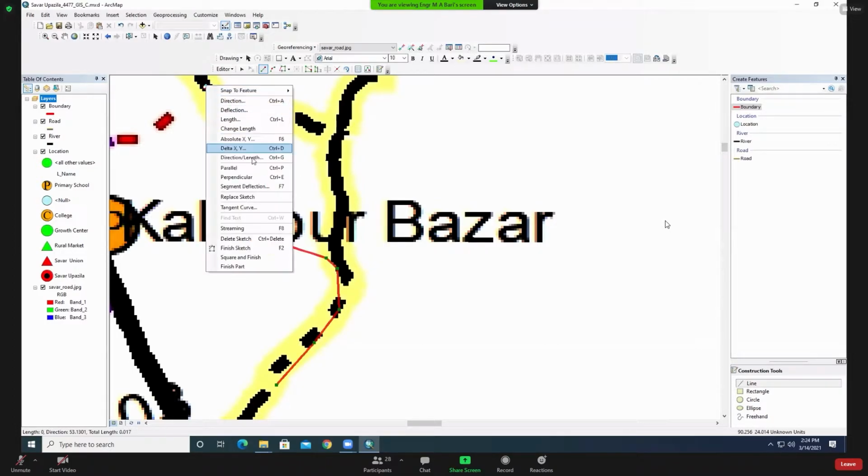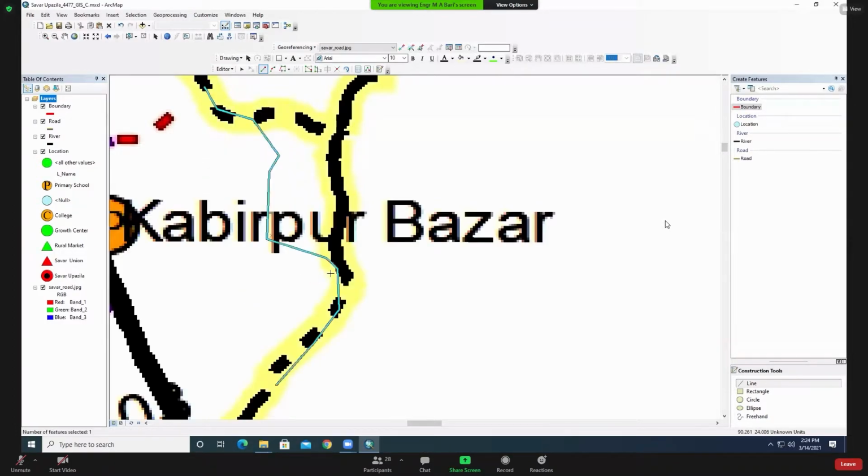So you need to delete from here, this extra option. How to? You will select by these things. This is the selection option. Split. So again, split this. So delete it, and then again draw it.